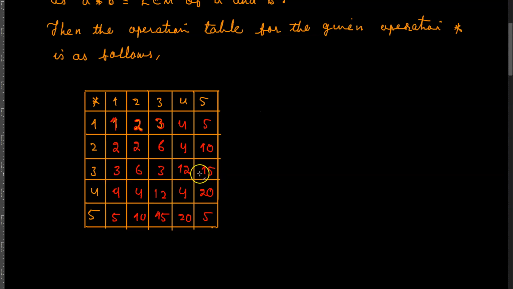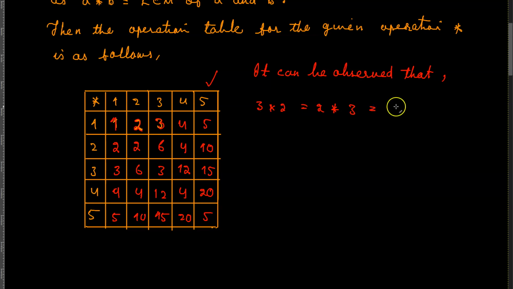So you have 3, 6, 3, 12, 15, 4, 4, 12, 4, 20, and 5, 10, 15, 20, and 5. This is the operation table for the given operation star, right? Now, as you can see here, it can be observed that, for example, 3 star 2 is equal to 6, right? 3 star 2 is equal to 2 star 3, which is equal to 6,